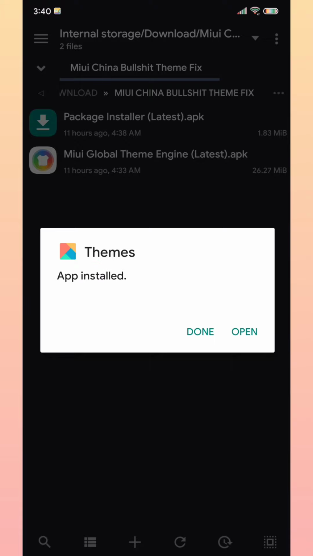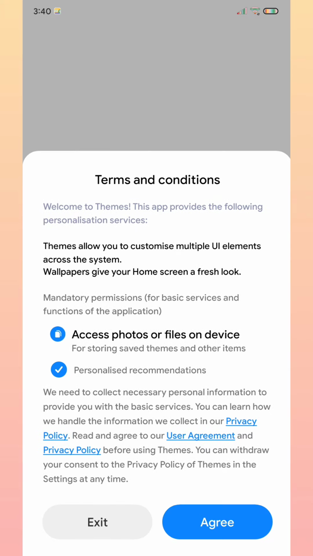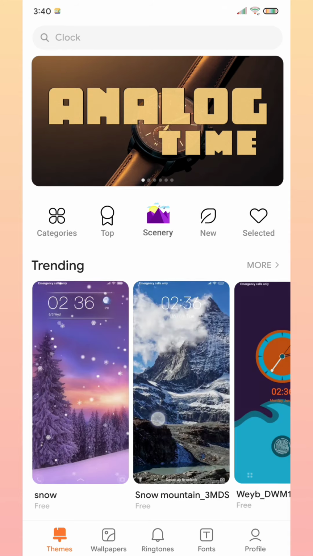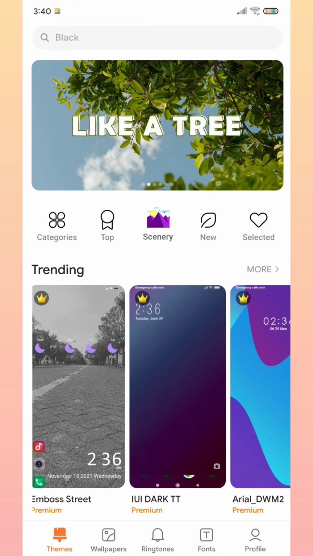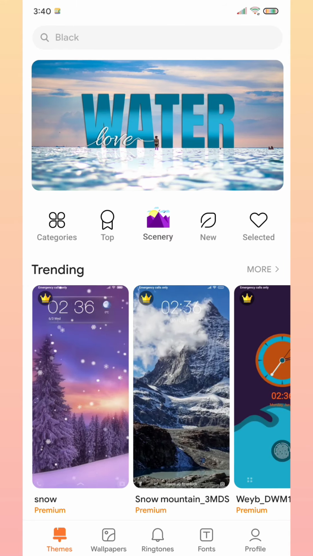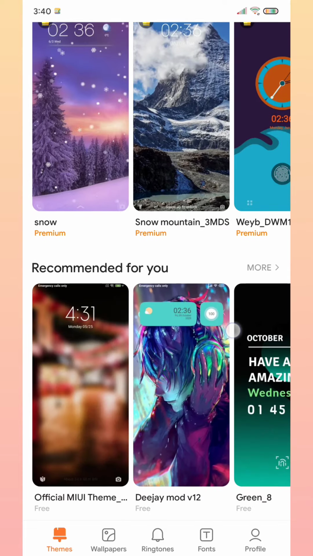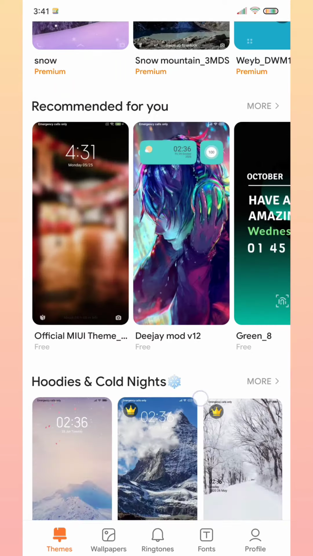And after that, when you install it, you can see it's not asking for that permission. And here you can see all the themes that you are using in your stock ROM. You can use them in your Chinese ROM too.